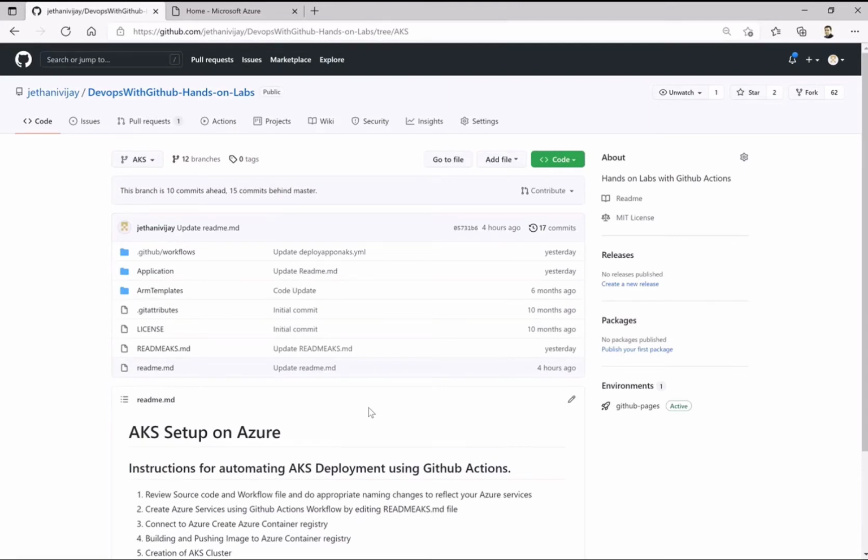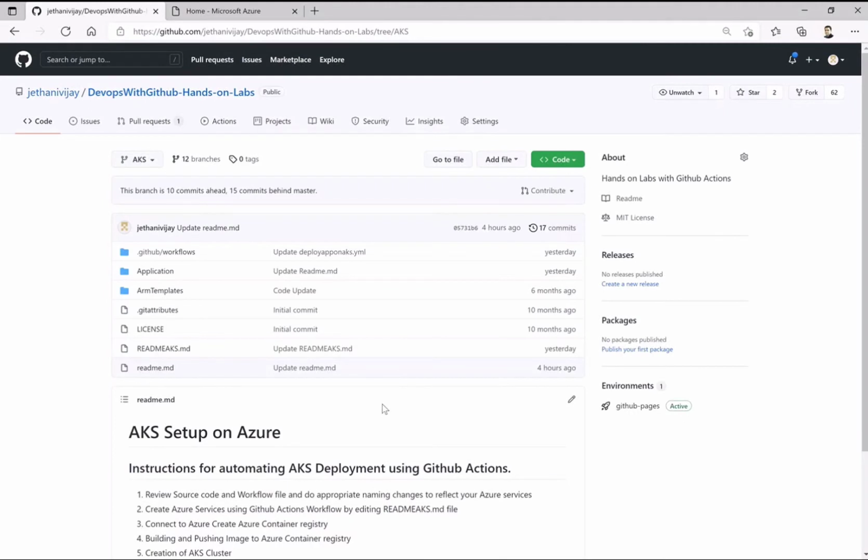However, that is not the case with Azure CLI. If you try to run Azure CLI again after creating services, that workflow will fail because it already exists. So that is the difference between using ARM templates against using the Azure CLI. ARM templates are better than Azure CLI.